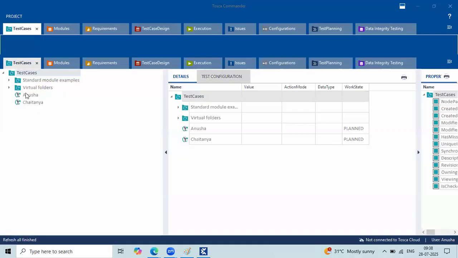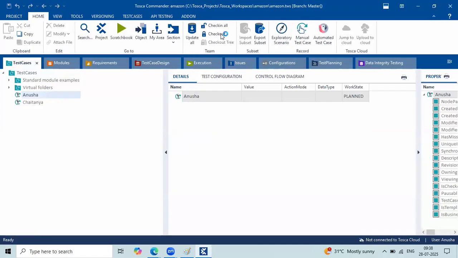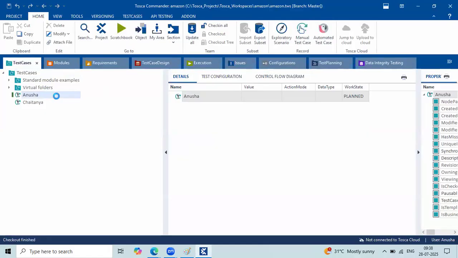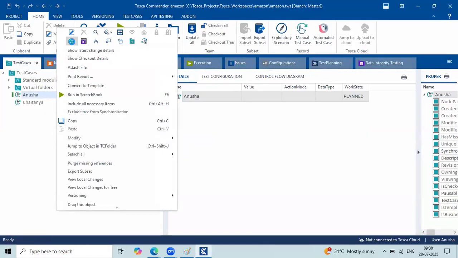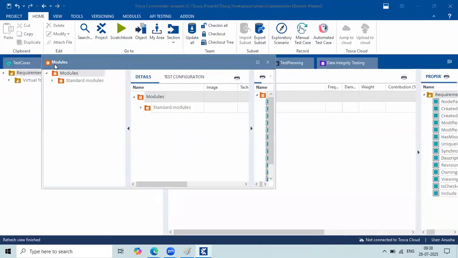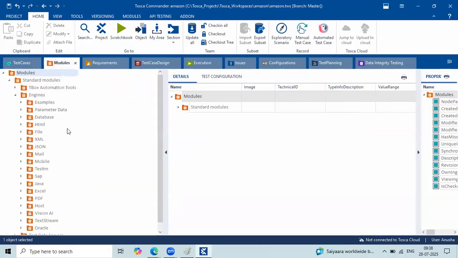Yeah. So this is my test case. I'm just walking in Anusha test case. What I'll do, I'll just do the checkout and I'll continue with my work here within this test case lab. I'll just create some folders and if required, I'll drag and drop the modules to the folder. So I'll just drag and drop some of the modules, like open URL, something I'm doing here within this